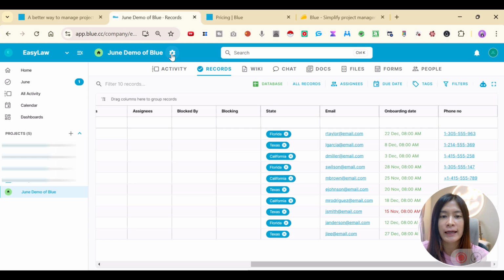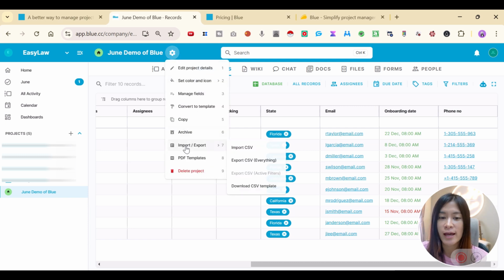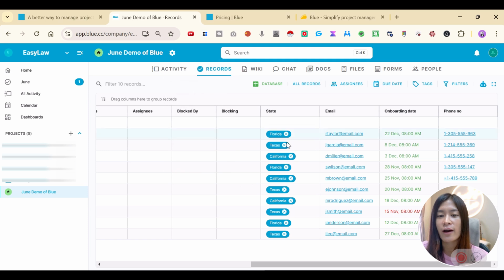You can even imagine that you have a lot of data already input inside. Not to worry, you can actually export it out. For how they export it, they will actually send you an email copy when the export is available to download. It will take about, I think, about 10 minutes or lesser than that. Okay, other than that, let us check